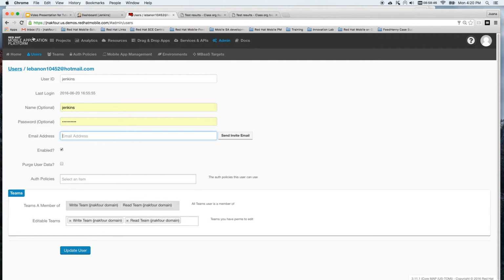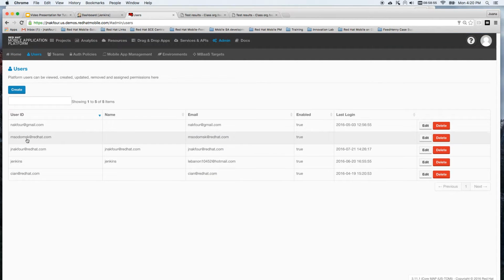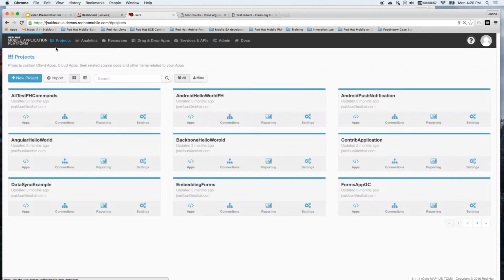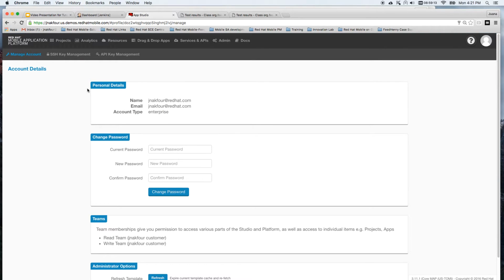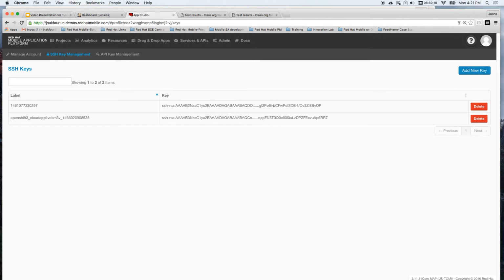After we create the user, if we go back to users, we should see the Jenkins user listed as one of the users. Let me see it right here. So now, after we have created the Jenkins user, what we need to do is we need to log out and log back in as Jenkins, and then we click on this icon here. After we log out and log in as Jenkins, we go to settings and SSH key management and add new